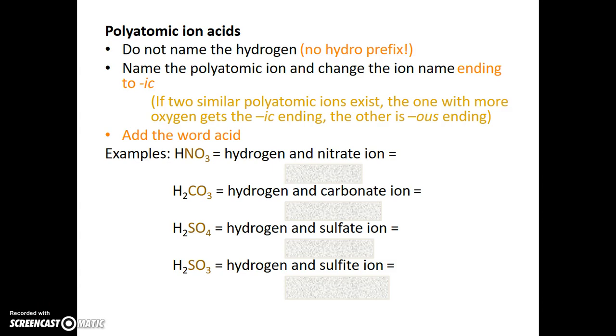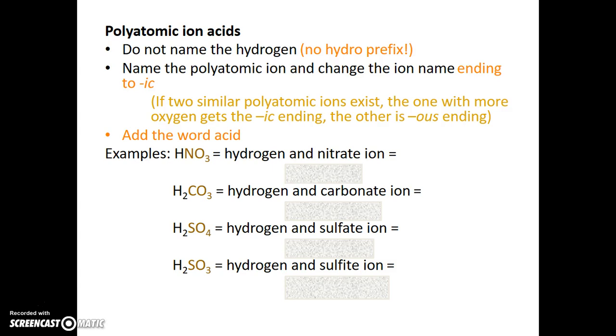Now, there is this minor rule about if we have 2 polyatomic ions that are very, very similar, like nitrate and nitrite. The one with more oxygen is the icky one,